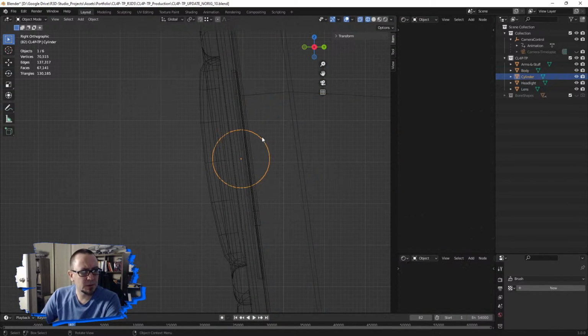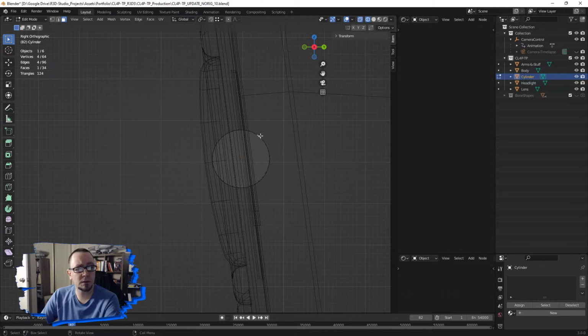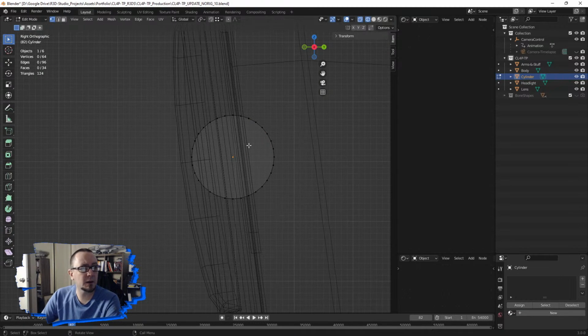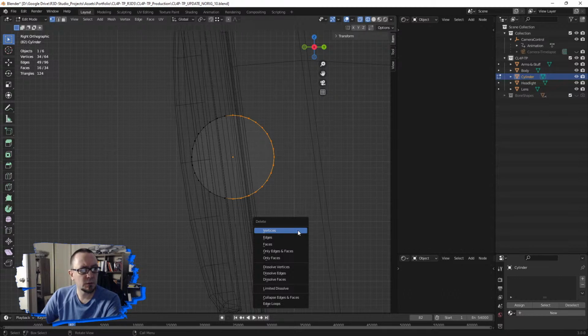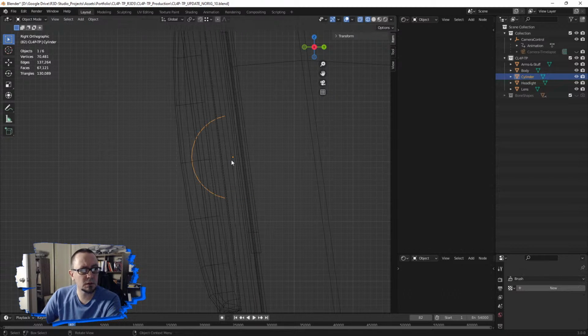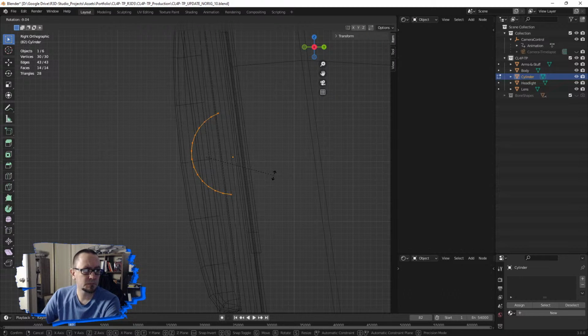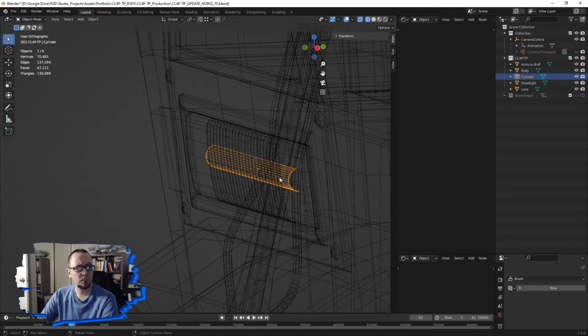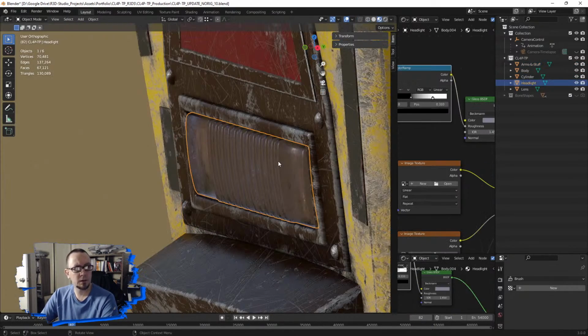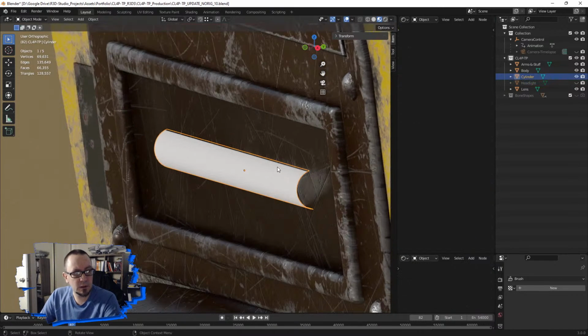Because I'm going to do this first. We cut this in half. Maybe even more than that. We'll get rid of these vertices, and then I'm going to hide that for a second, and then